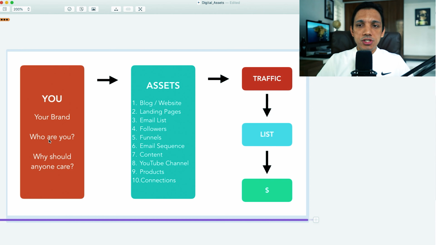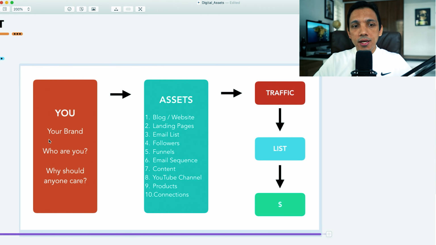For me, my positioning is absolutely clear because I want to create the next breed of digital teachers. I want to create the next breed of digital coaches. I want to create the next breed of digital mentors who can really make a difference in the world. That is my brand. The Internet Lifestyle Hub stands for this. I'm here to create a new school for the new world, a new society for the new world, because the current education employment system is broken and we're here to fix that. That is why I'm doing what I'm doing, and that's why I'm recording these videos. So that's who I am, and that's why you need to care about what I'm saying.